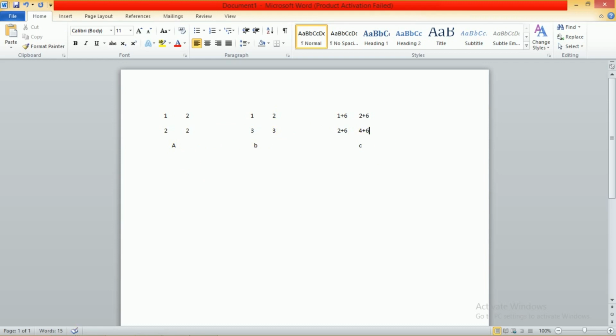No need to write it this way; just write the values. So 1 plus 6 becomes 7, 2 plus 6 becomes 8, 2 plus 6 becomes 8, and 4 plus 6 becomes 10. This is the resultant matrix.